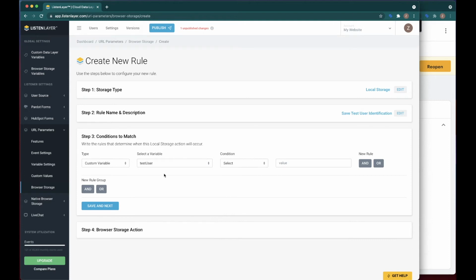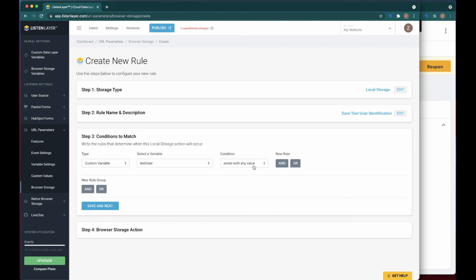So what we did there is we wrote a pretty advanced rule that says, if any of these parameters exist with any of these values, then we're going to push a single centralized value into the data layer called test user. And we want this to say yes. Now, in this case, anytime this variable exists with any value, I'm going to just go ahead and store it in the browser. That's the easiest way to do it. We could say, if this contains the value yes, then that's fine. But in this case, we're just going to store it in the browser